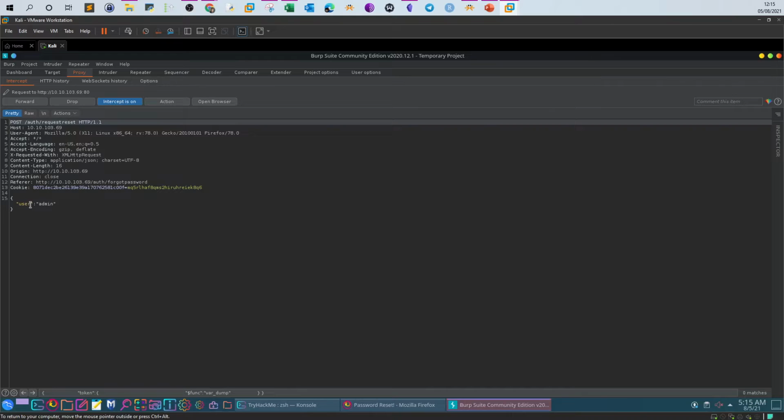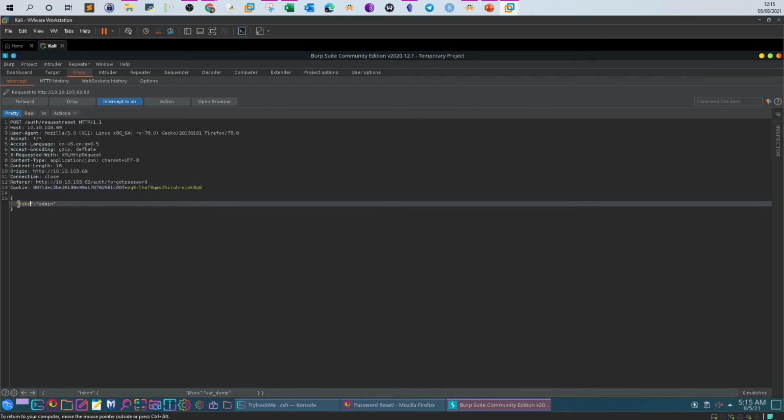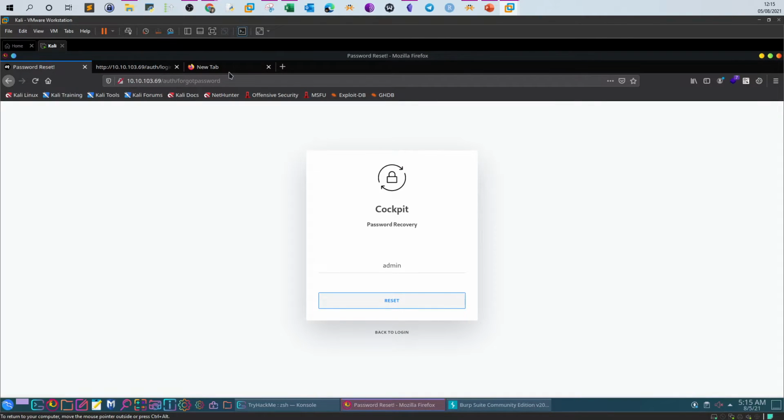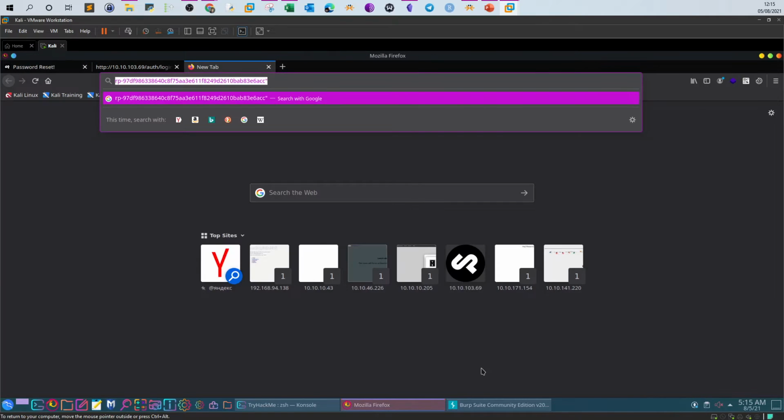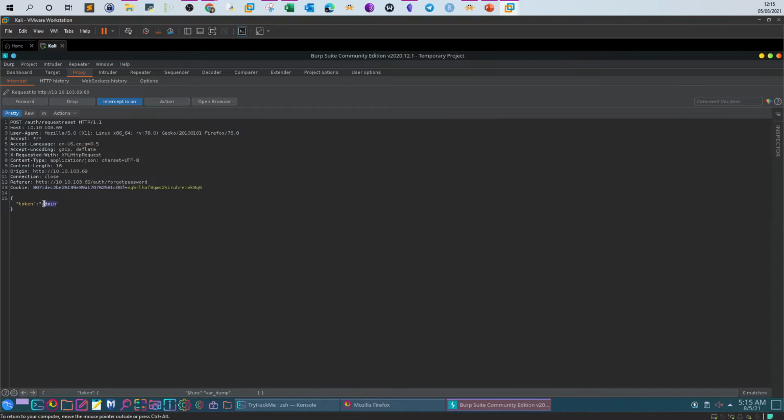So replace user with token, and then make sure to put comma in here because we are using more than one parameter. And now password,